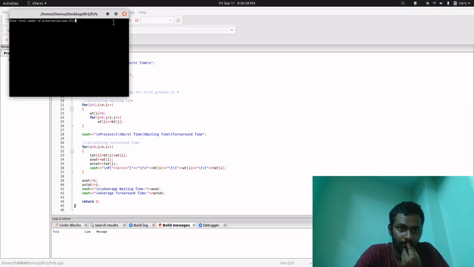So if we build it, we get the prompt for the number of processes. We can allocate a maximum of 20 processes. We can allocate more, but the code is given only up to 20. I am going to give 5 processes. So process 1,